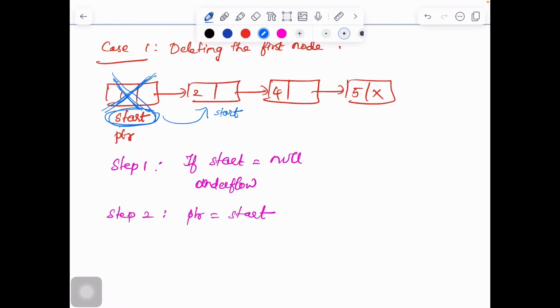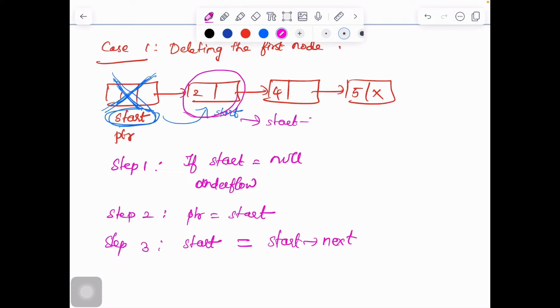So in step 3, I make my start point to start's next. This node is called start's next. So my start now points to start's next. Start's next is now going to be the start.